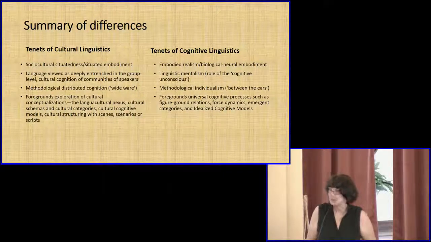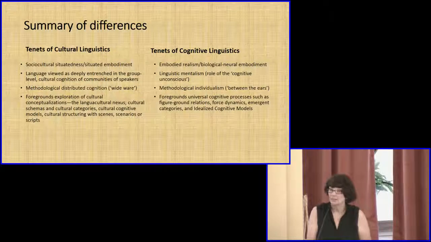Okay, at this point we'll look at some kind of a summary of differences that exist between cultural linguistics and cognitive linguistics, most of which you already know. First of all, you have in cultural linguistics emphasis on social cultural situatedness of language and situated embodiment, Jordan Zlatov's term. In contrast, you still have a clinging to the notion of embodied realism, biological neural embodiment. On the left, we find language viewed as deeply entrenched in group-level cultural and the cultural cognition of communities of speakers. In cognitive linguistics,